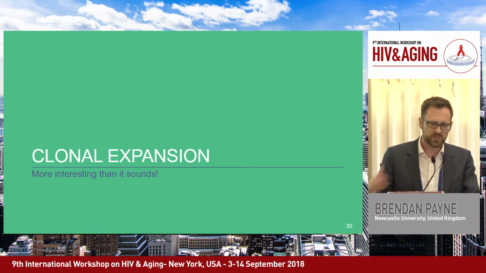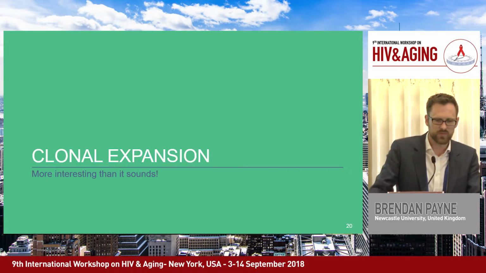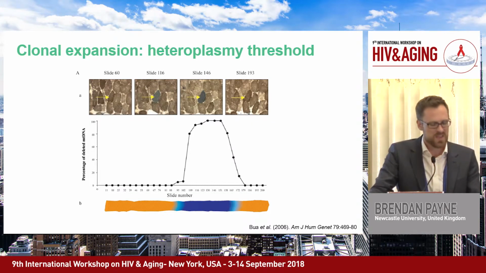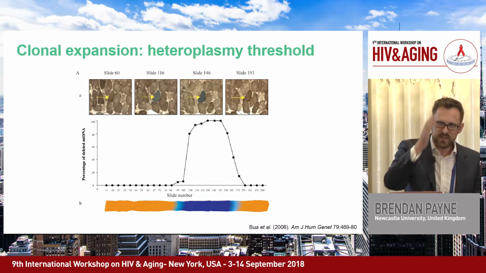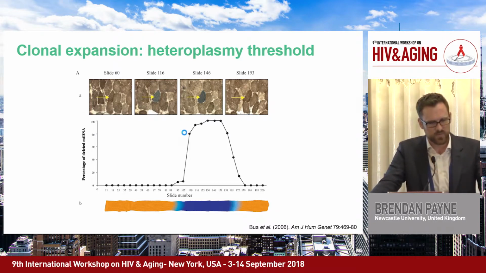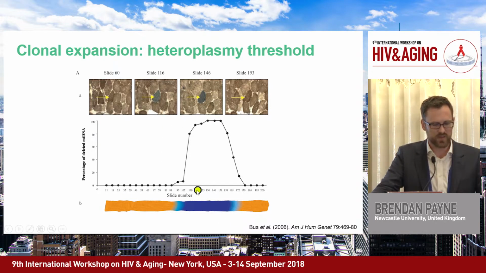mentioned at the beginning. And this is something that I do a lot of work on, trying to understand mechanisms of, along with a number of others in our centre. It may sound a bit dry, but bear with me. So this is studies sectioning through single muscle fibres from aged individuals. And the portions of fibre that are blue here are abnormal in terms of their mitochondrial function. And this is a map at the bottom of a single fibre, and you can see there's a segment that's